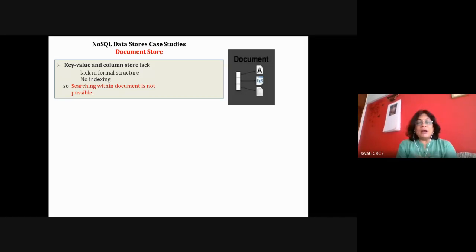We are on the third chapter of your syllabus, that is NoSQL databases, not only SQL databases, a database management system for distributed databases for the massive amount of data which are stored on clusters of computers, that is commodity hardware.